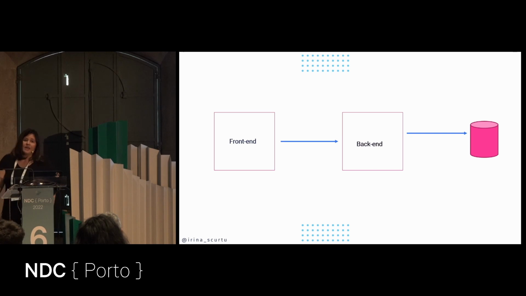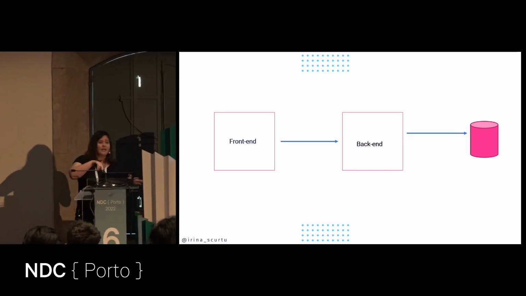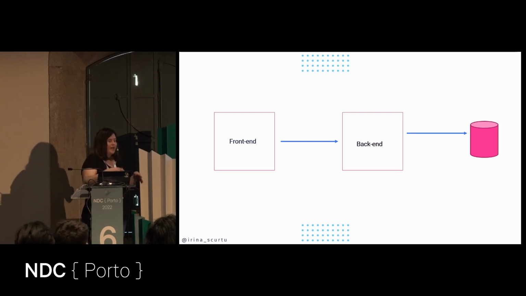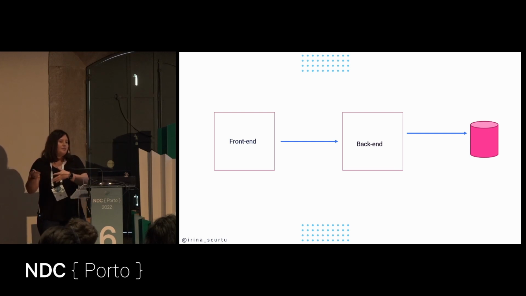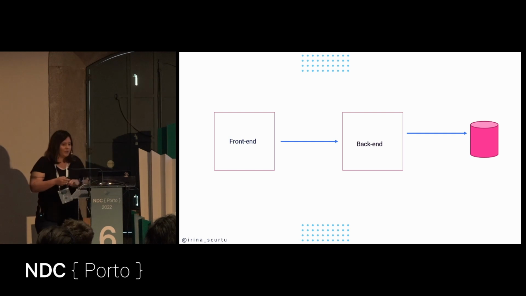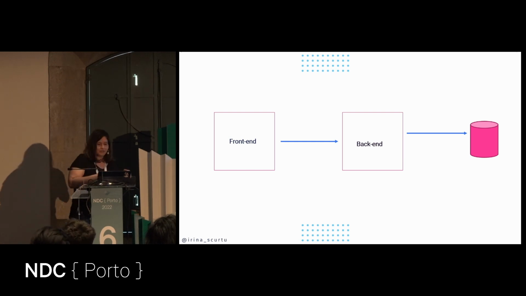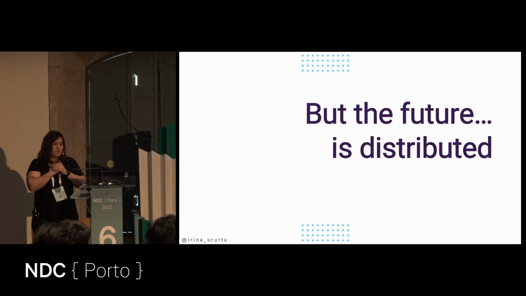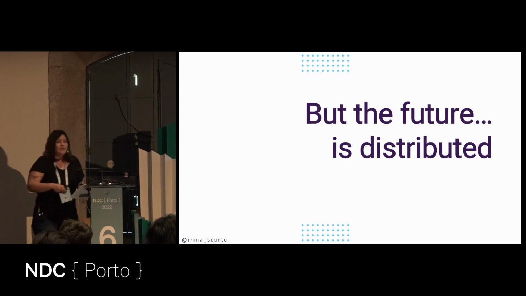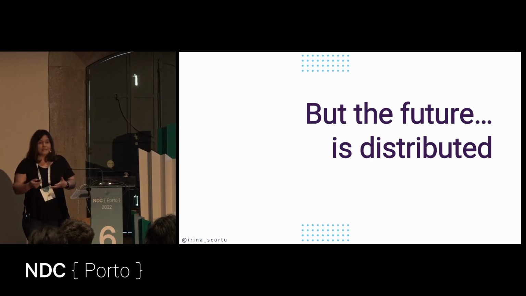But now, everything is moving to be distributed. We split the front-end app. We have React, we have Angular, we have whatever JS applications, and we have an API to serve data. And it doesn't matter what databases we have behind it. But the future is distributed, and we need to adapt to the challenge of serving requests faster and serving more requests, because storage is cheap and the user wants the responses very fast.